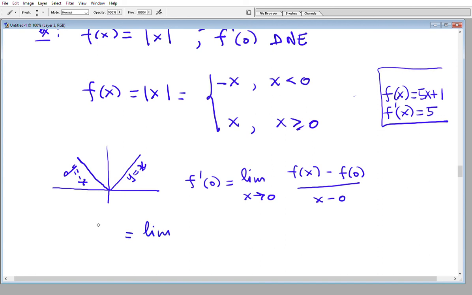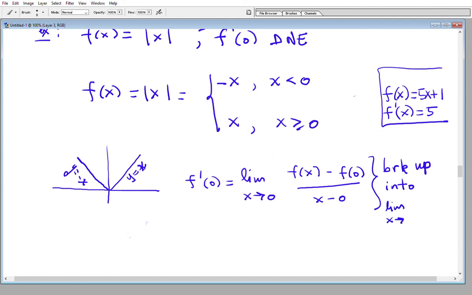All right, so we're going to have to break it up because the function is two different things to the right and the left of 0. So in order to take this limit, we're going to have to break it up into